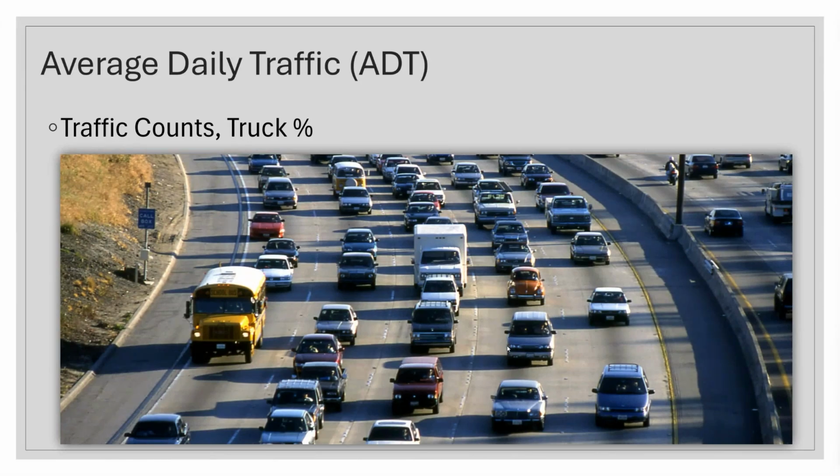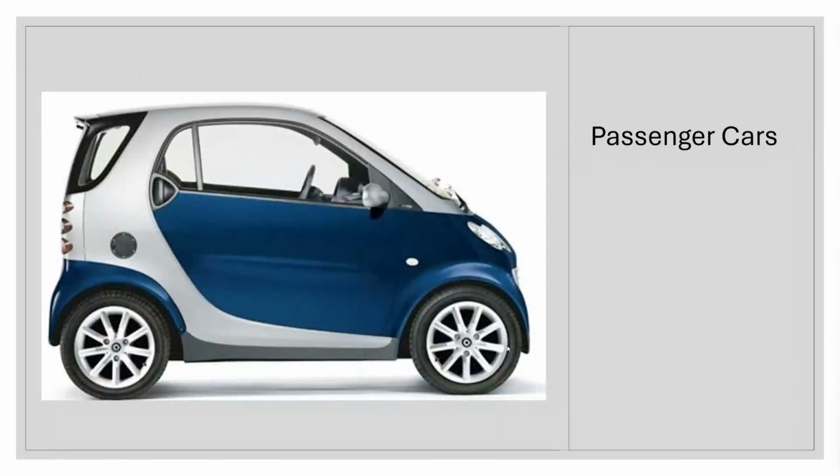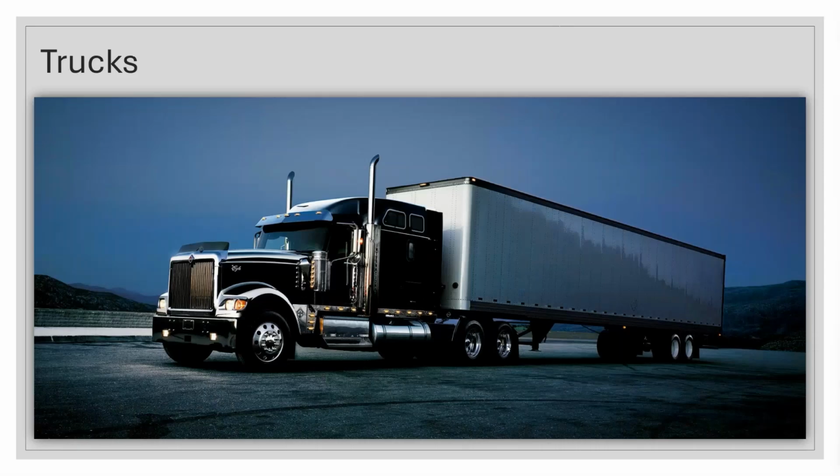The reason for that is passenger cars and big trucks do very different things to the roadway. So if we think about the tiniest kind of passenger car I could think of, the little Smart car, we have those vehicles on the roadway. And we have these guys on the roadway, 80,000 pounds, full load, big vehicles, lots of weight. Obviously, very different loadings on the pavement.